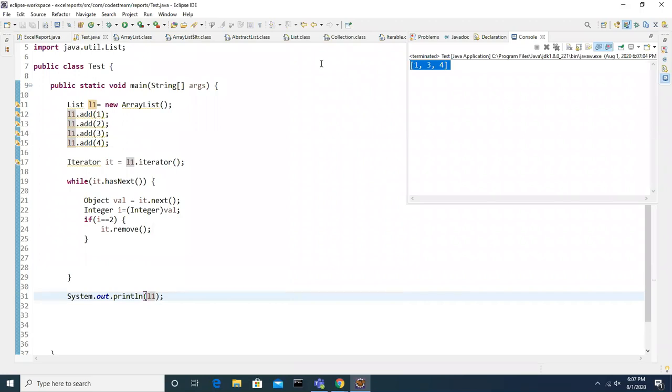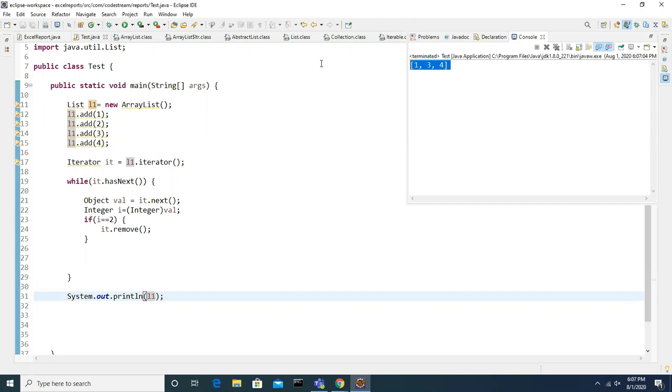While iterating, we tried to modify, I mean remove something. Are you getting any exception? ConcurrentModificationException? No, sir. So when will we get the ConcurrentModificationException? The moment you are modifying, like adding or removing, while iterating or looping by using a for loop or for-each loop, that moment we will get the exception. So we cannot use the for loop or for-each loop to modify the list while looping.